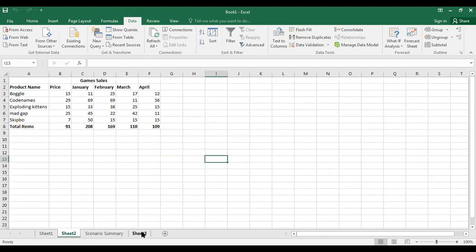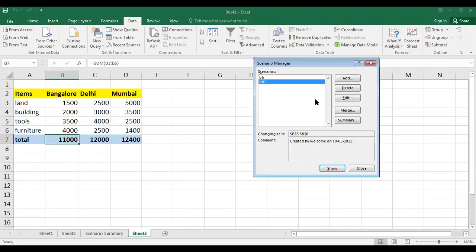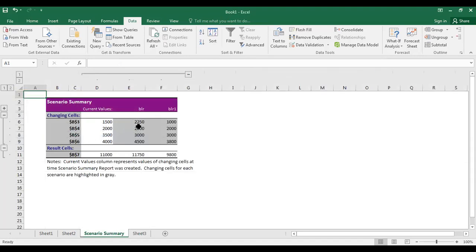Then how do you differentiate here? You can go here, you can find out the scenario, which is the plan they approved. They can select and show it in the worksheet, or you can use it for comparison purposes, or you can generate a pivot table. It's your choice. So whichever value they are saying, you can show that value and continue. And whenever you come to the report, you are given two different inputs, different values, that you can analyze.